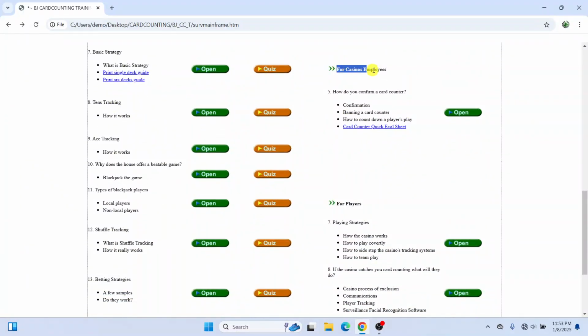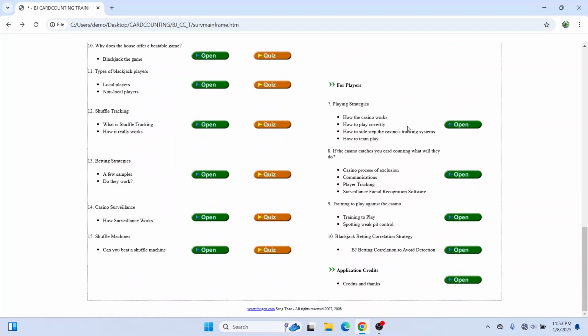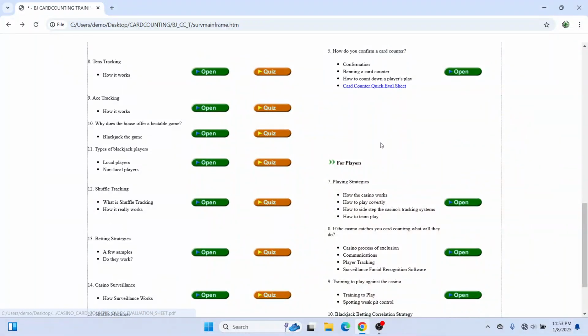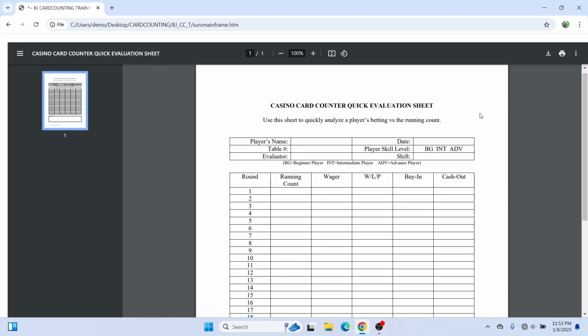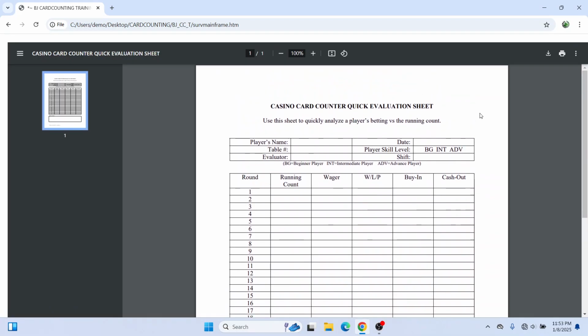Also, this section is for casino employees, and it talks about how the casino's process of banning players, backing down players, and also how to evaluate card counters as well. So this is the old sheet that we used to use in the surveillance department when we evaluate a card